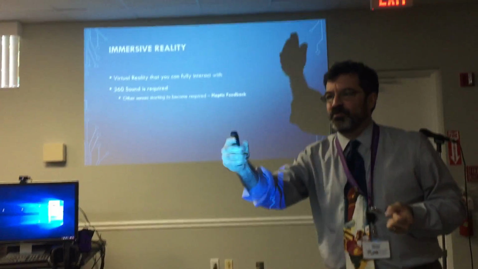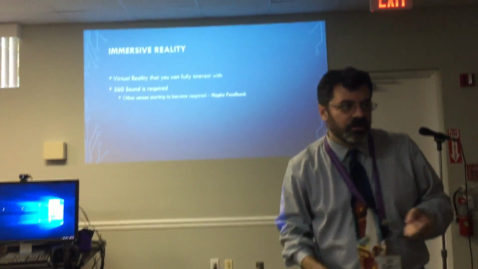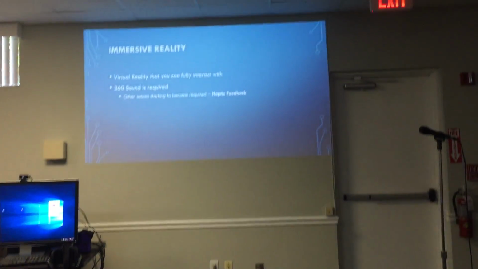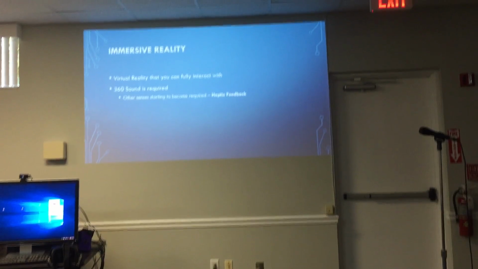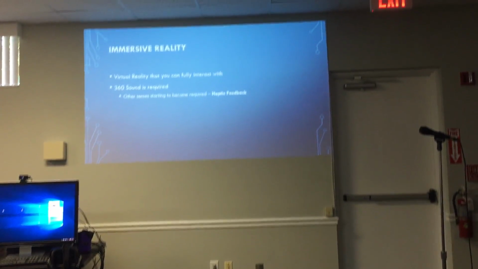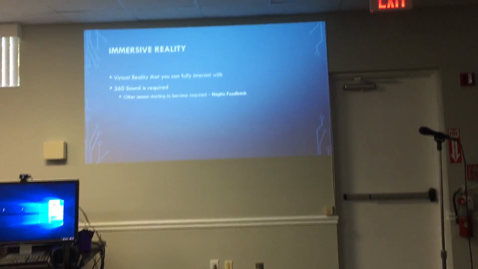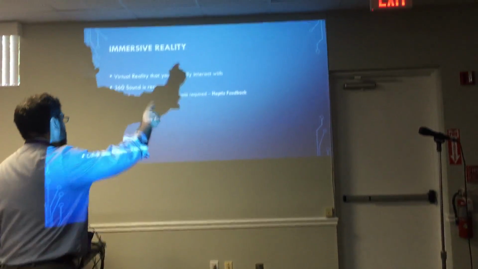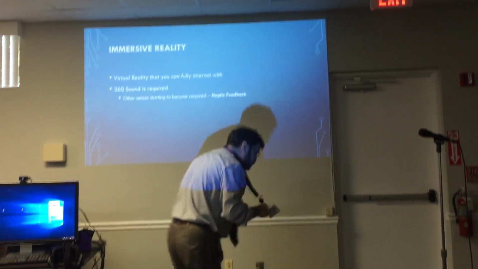How do you write a movie where it doesn't matter what you want as the reporter, as the director, as the writer? Because if I go and take this off the table, now how does that change the story? Because I'm interacting and I can do whatever I want. You need to have some sort of haptic feedback for that to work.